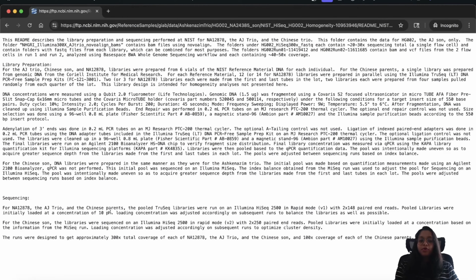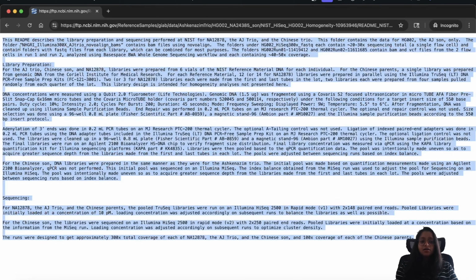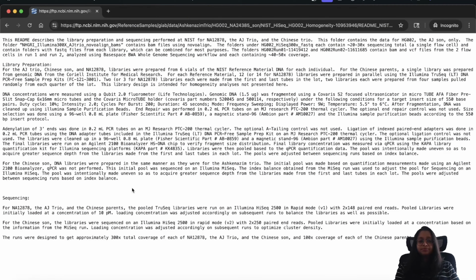So it's very important for the sequencing core, or the group or the person that has performed the sequencing, to provide you with the complete information on the library preparation and the sequencing. Since this is a large document, I'm not going to go into the details of the complete document line by line. That is something that you can explore on your own, but there are a few important things